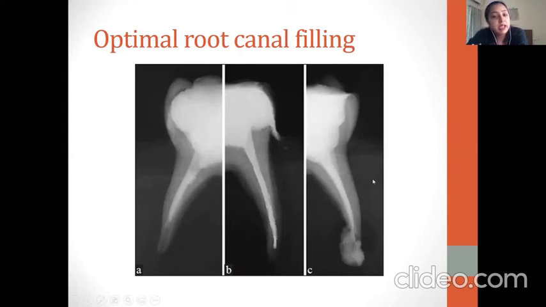ठीक है, but luckily because we are using calcium hydroxide nowadays, calcium hydroxide with iodoform, it resolves very fast. So within 1 year, you'll see that this portion, what you see in the apical third, will go off. It will not be there. Within 6 months only, it will start reducing in size. It is that biocompatible. The body can identify it and resolve it. Okay. That is why it is preferable to use calcium hydroxide iodoform where you require early resorption.